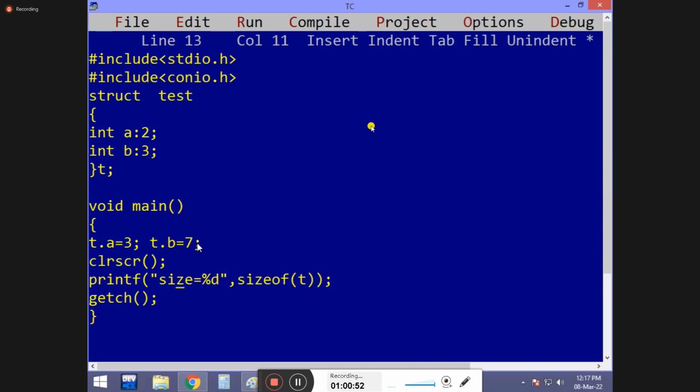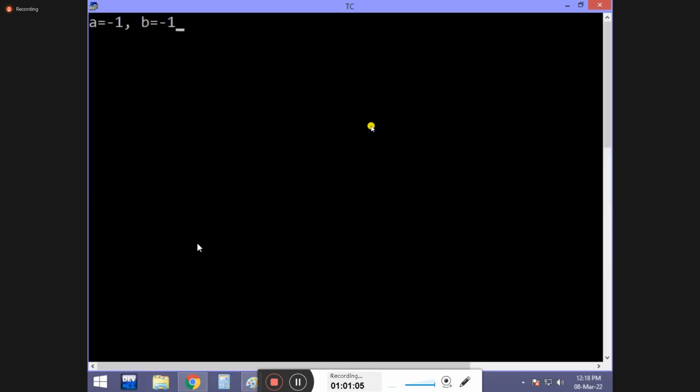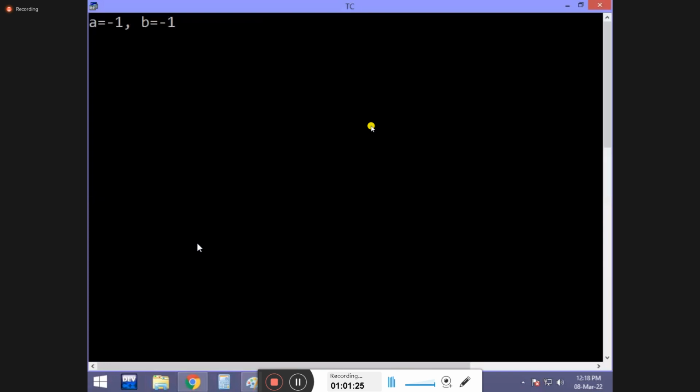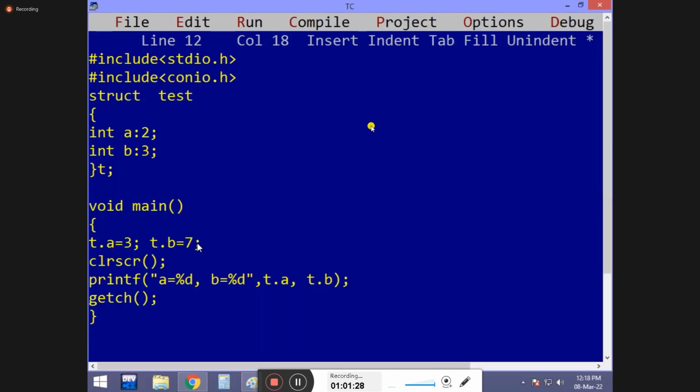And now watch it, guys. This time I want to print the A value, comma, B value. See that? t.a, t.b. Both are working. Minus. Why? Because see this here, t.a equal to percentage d. Where is the mistake I have made? One minute. A value is what? B value also. Why? Because, guys,